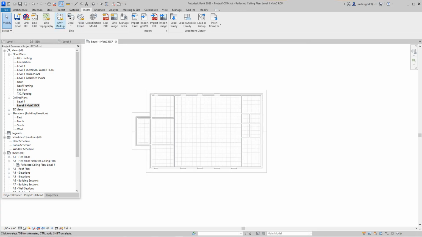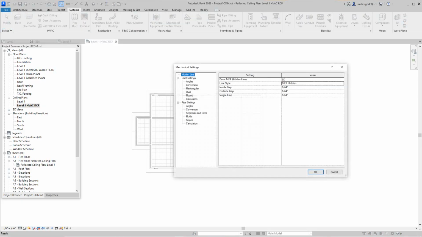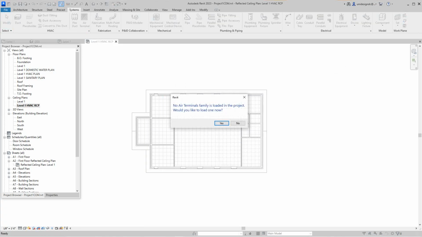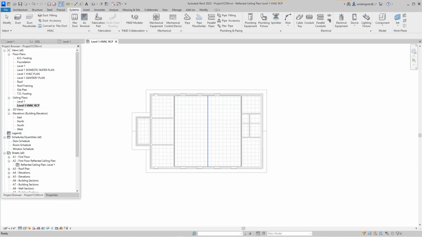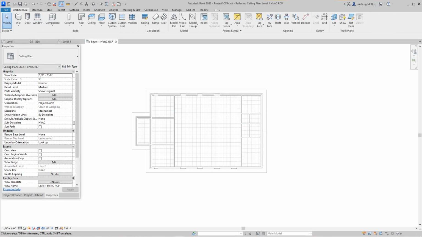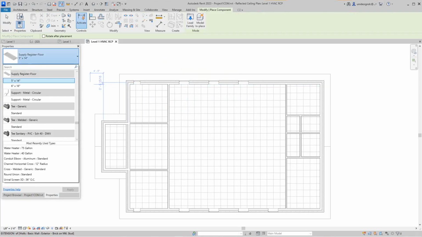So I want to go into my, should be here in my systems tab, terminals. Let's see the terminal properties here. What we got? Okay, you don't need to worry about those right now, but those are your settings. So here I'm going to just grab this one, and it says no, yes. I'm going to say no because there's already one loaded here. I don't know why that does that. So I'm going to go into my component, architecture, place component. So here it's the floor. I don't want that one. I want to use the